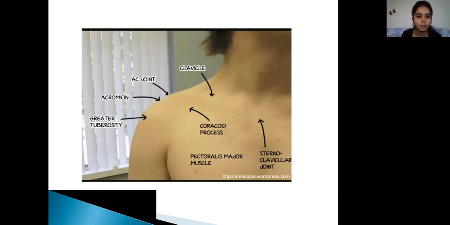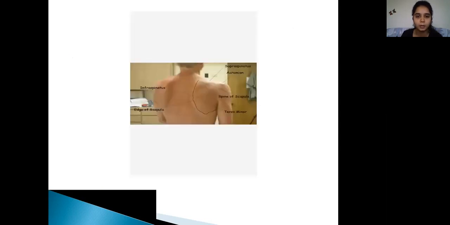Here we can see, for example, the greater tuberosity. Now, as we know, the supraspinatus muscle and the rest of the rotator cuff muscles insert over there. So whenever a patient comes with a complaint of pain around the greater tuberosity, you should never forget to rule out conditions of rotator cuff injuries. So palpation plays a very important role. Here, in the posterior aspect, we can see the supraspinatus, then there's the spine of the scapula. Below it is the infraspinatus muscle, and just two fingers below the infraspinatus muscle, you find teres minor, and below is the teres major. So surface anatomy is also very important for the assessment.